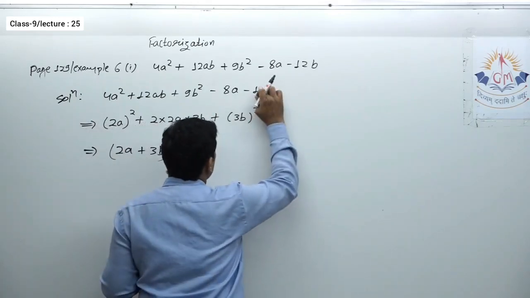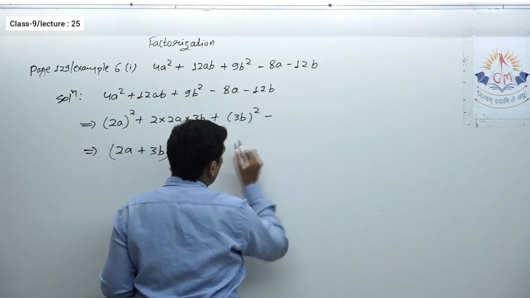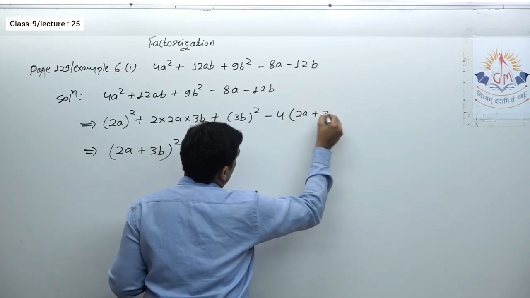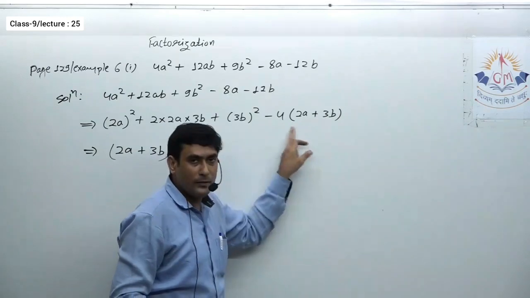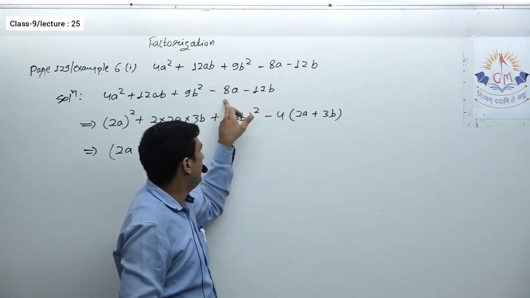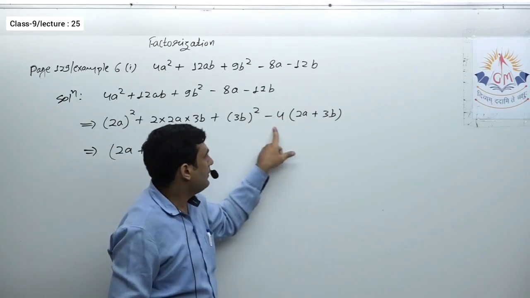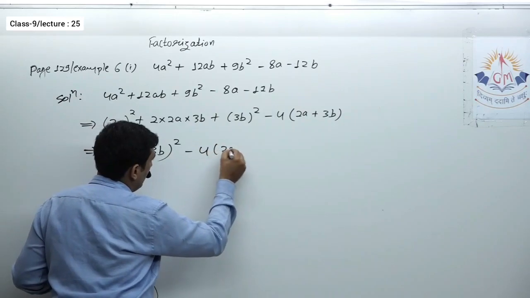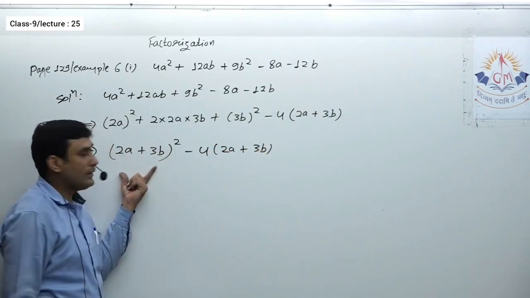See, now from these two, what can you take common? Definitely I can take minus sign common as well as 4 common. So here I get 2a plus 3b, isn't it? Minus 8a, if I multiply this, minus 4 into 2a is minus 8a, minus 4 into 3b is minus 12b, that is 2a plus 3b. Now if you observe carefully, again we got something common. Okay, here 2a plus 3b whole square.